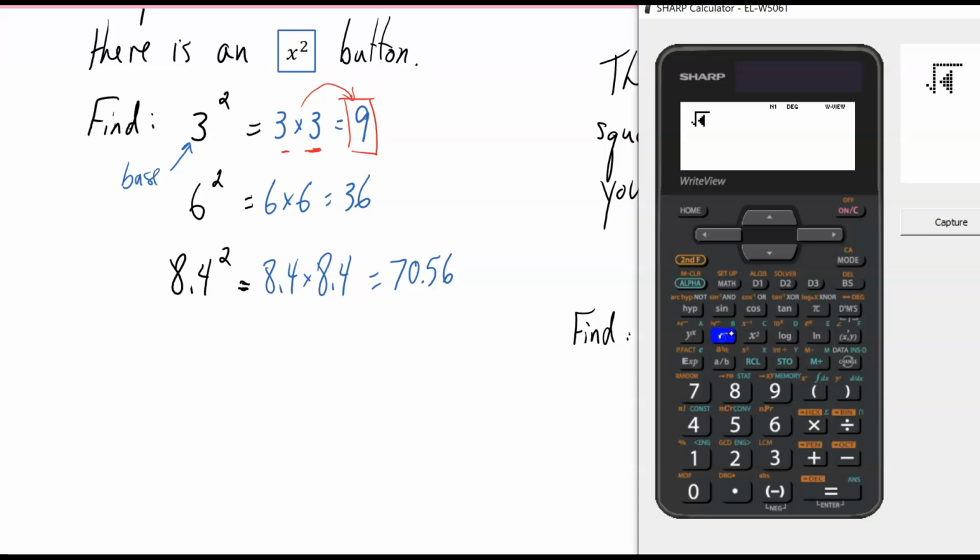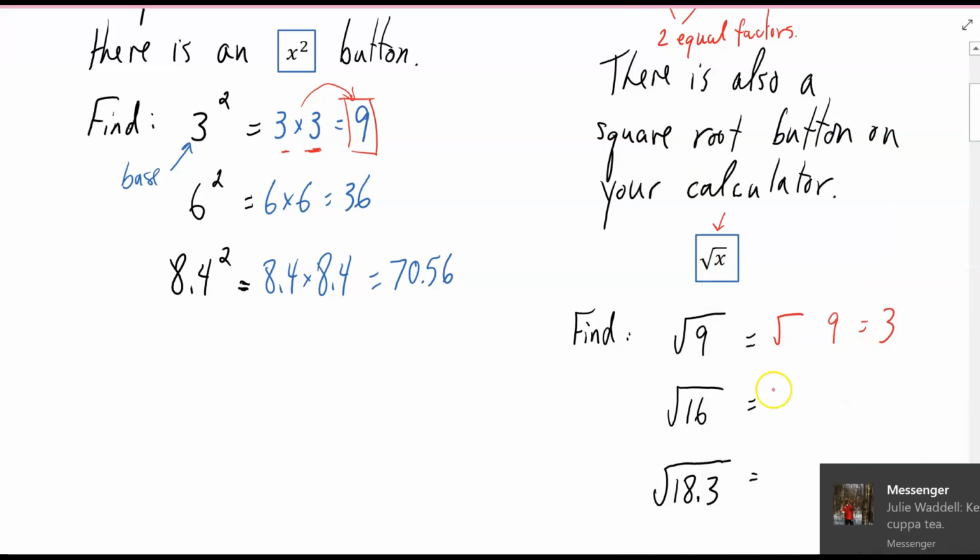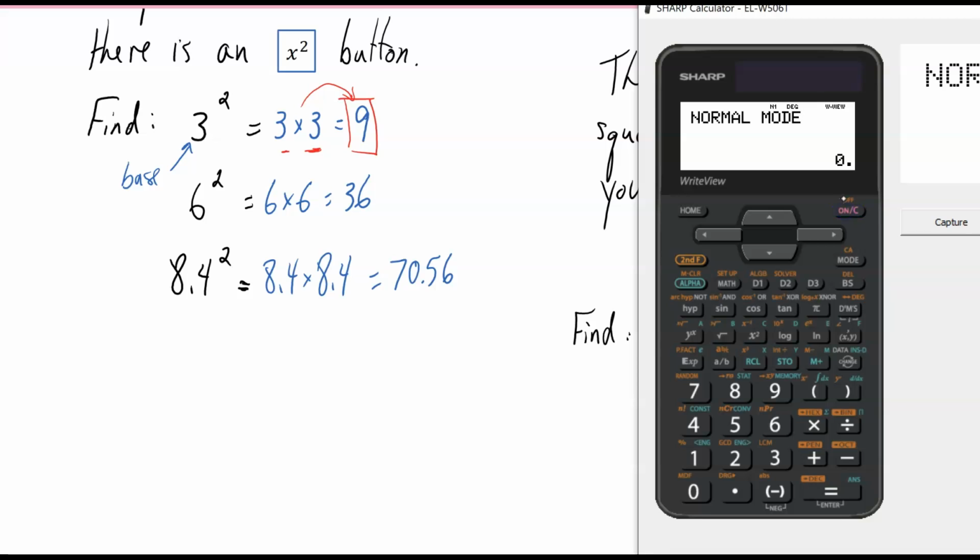Okay, the square root of 16 is equal to 4. And the square root of 18.3. The square root of 18.3, you should get 4.277849927. Now, as you can see, if it's not a perfect square, then you will be getting a decimal value,